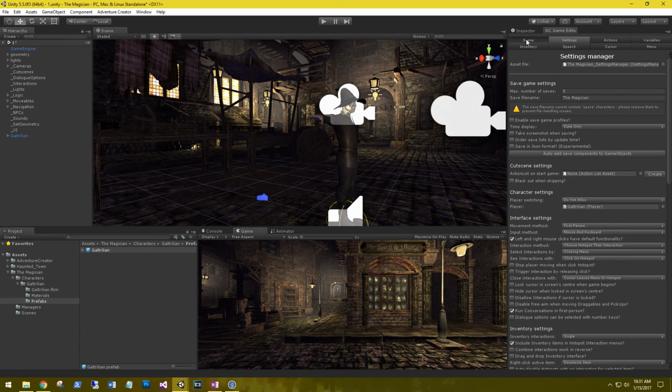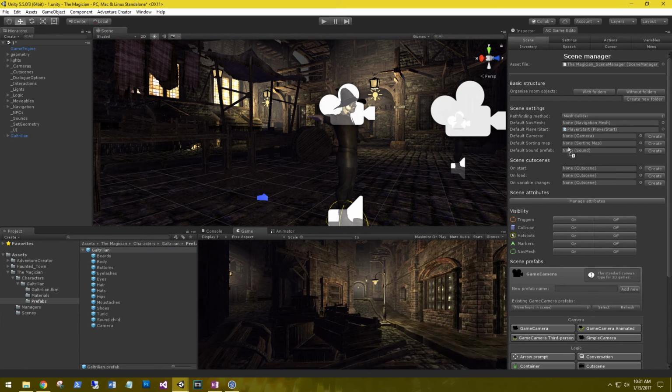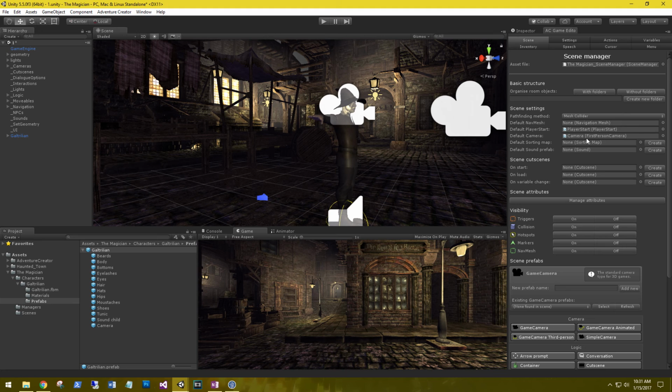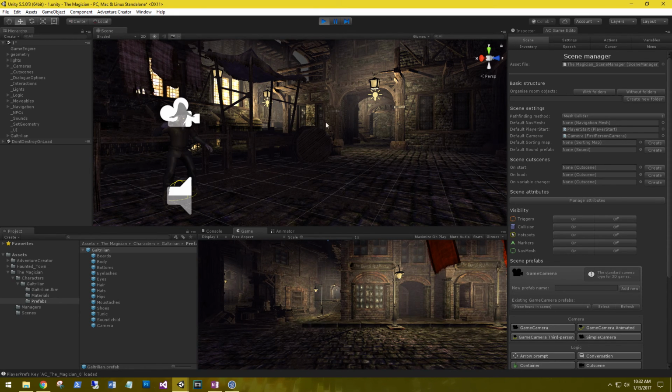And then click on the Scenes tab, and we need to have our default camera. We're going to grab that camera, and that is going to be our default camera. And let's play it and see how it looks right now. Alright, well we can see that he is idling. We have just a little silhouette of the model, so we'll have to change that camera. Alright, so let's work on some